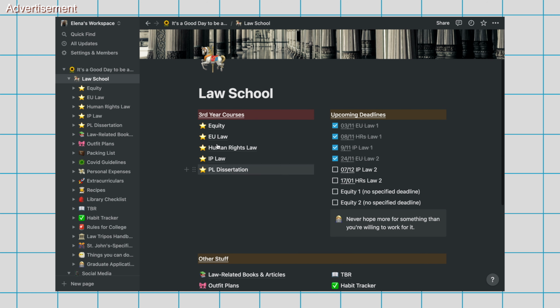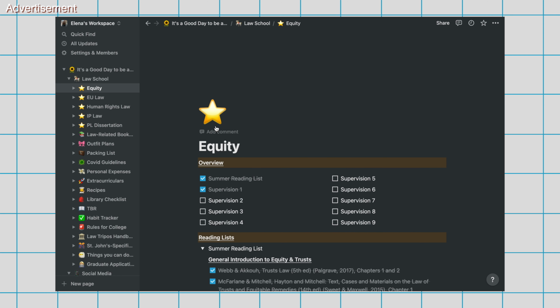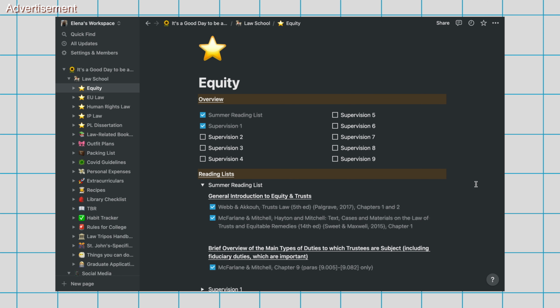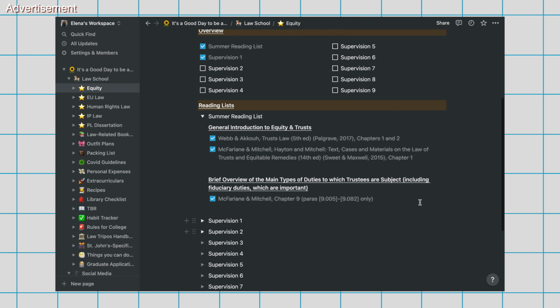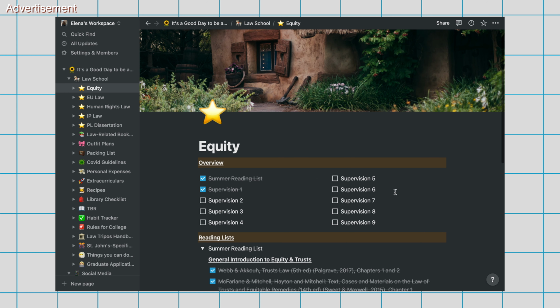So we still have my courses, and honestly, this was probably the most useless thing that I created at the beginning of the academic year because I did not really use these course pages. What I had done is I had this overview of where I am in the course, and then I wanted to add all of my reading lists here. What happened in reality is that I just copied my reading list onto the page on which I was taking my notes, because I do not take my notes in Notion. I just have Notion as an organization tool. And so adding my reading list in here as well would just be extra effort that I didn't really need to make, because I can mark what I've read on the page where I'm taking my notes. So I didn't use it at all, and I am going to get rid of these pages